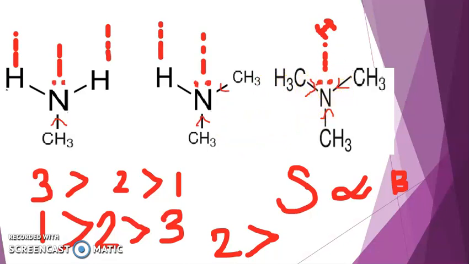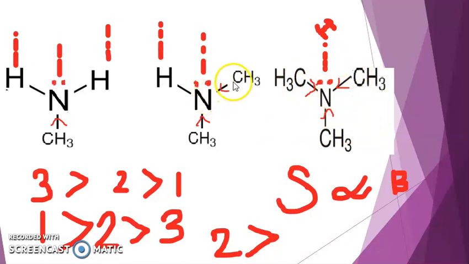First, check the I effect of the three amines. Just see the tertiary amine first. I have drawn the arrow here towards the nitrogen, which has a lone pair of electrons. These methyl groups make a more plus I effect on the nitrogen, that means the electron density on nitrogen is more because of the methyl groups present. There are three methyl groups, so the electron density is more in the nitrogen.